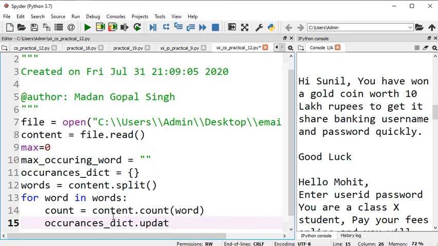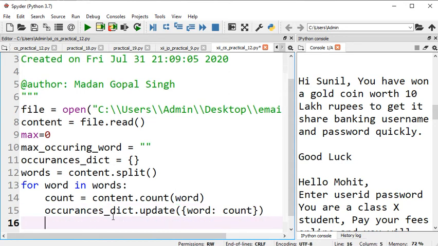I have told you if the key already exists then it will update, otherwise it will insert the key-value pair in the dictionary. You need to keep this in mind. The key will be your word and the value will be your count, and then you check for the maximum occurring word.